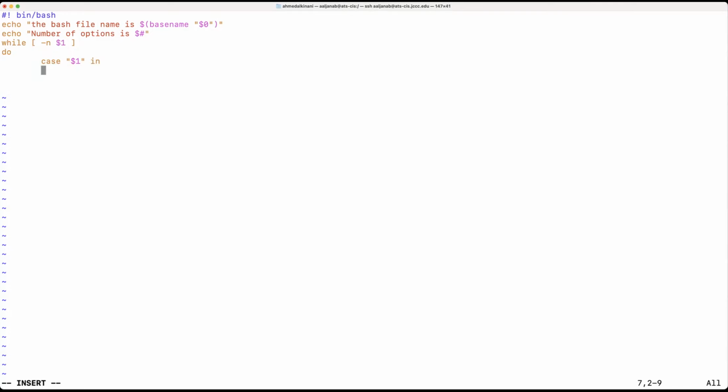Let's talk about those cases. So we will have, for example, a case of -a, and we'll have a case for -b, and we'll have a case for -c, for example. Those are the cases that are possible. And we have a default case with an asterisk. So what are we going to do for each one of those cases? Well,